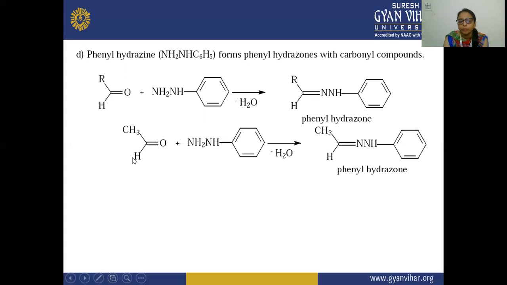So here we have taken the reactant, that is acetaldehyde, and when this is reacting with this phenylhydrazine, then there is an elimination of this water, or you can say the removal of the water molecule. So from here, this removal or elimination of water molecules is happening, and there is a formation of this phenylhydrazone. So here you can see this H2O is removed, H2O plus H2, and this O is removed from here, and there is a formation of this NH.